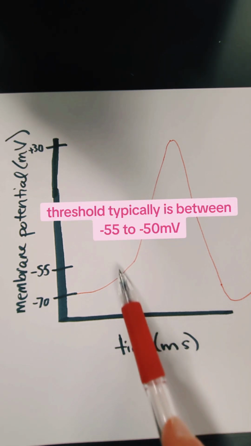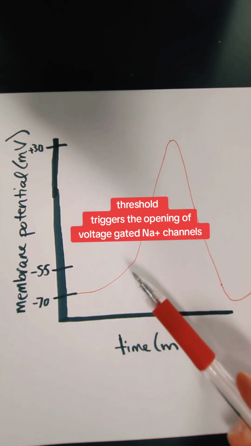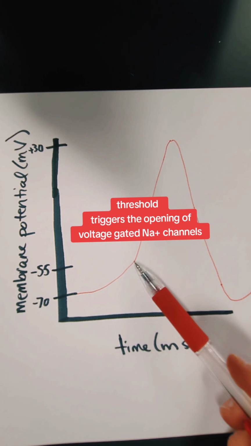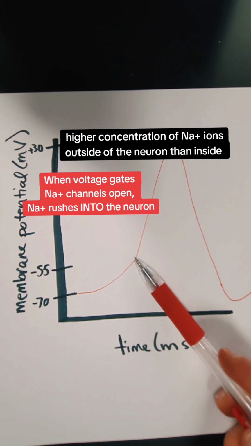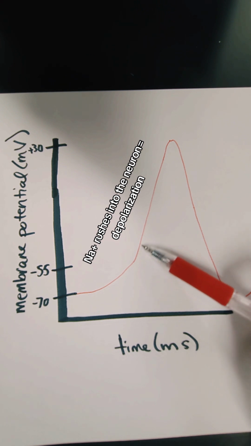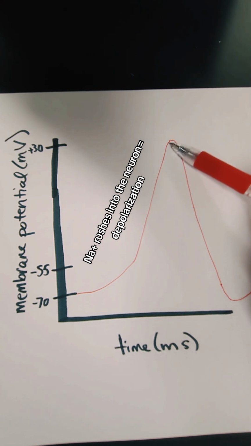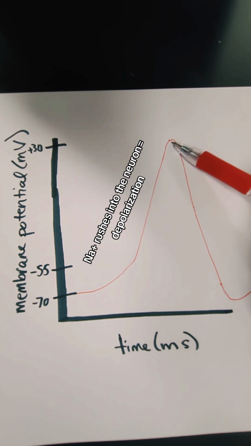around -55 to -50 millivolts, that is going to trigger the opening of voltage-gated sodium channels. When voltage-gated sodium channels open, that's going to cause those positive sodium ions to rush into the neuron because there's a higher concentration of sodium outside of the neuron than inside. So sodium is going to flood into the neuron, resulting in an increase in charge inside of the neuron. So this portion of the action potential is known as depolarization because of those voltage-gated sodium channels opening and sodium